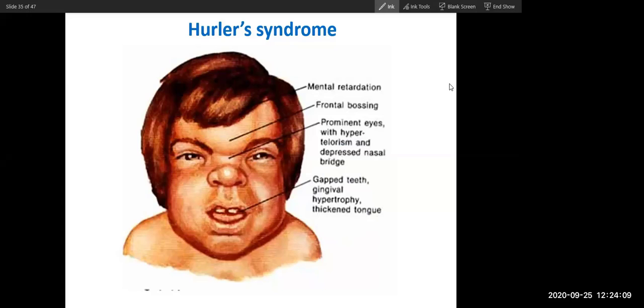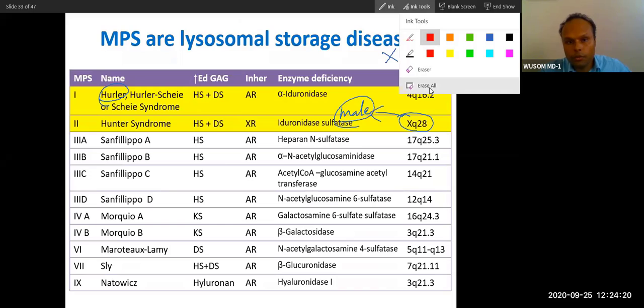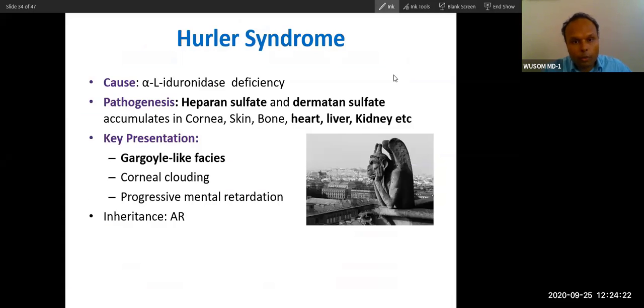Okay. So we need to know these two for the test on Monday, right? Yes, you need to know this too for the test. And one more disorder we have,